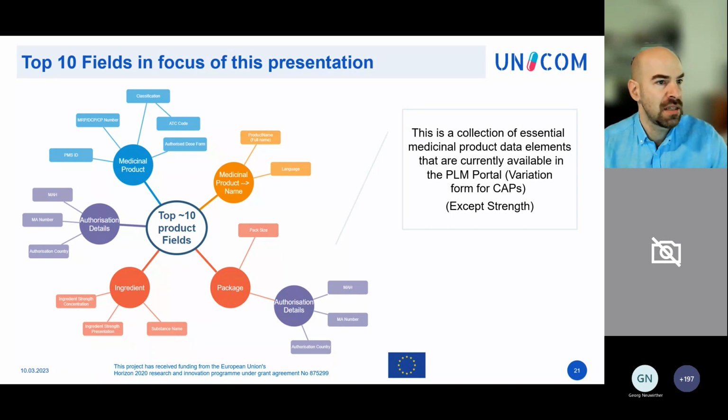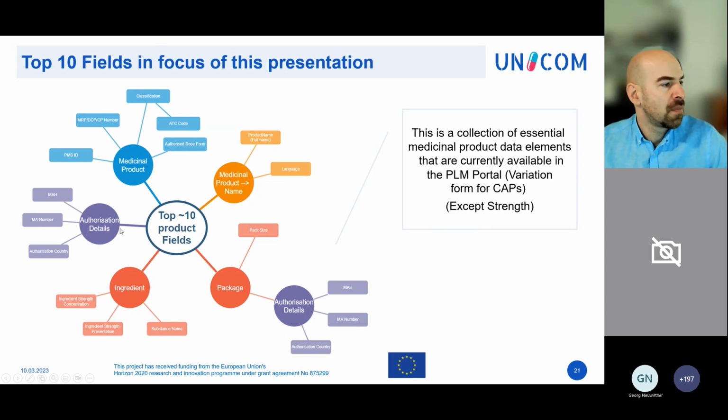The main reason for this is data quality. We've looked at the current XCV MPD. We've looked at what EMA has in their procedural management systems. And the only thing that is reliable is the full name. The invented name may or may not be there, depending very much on the quality of the product. So also in the portal, we have chosen to only show the product full name.